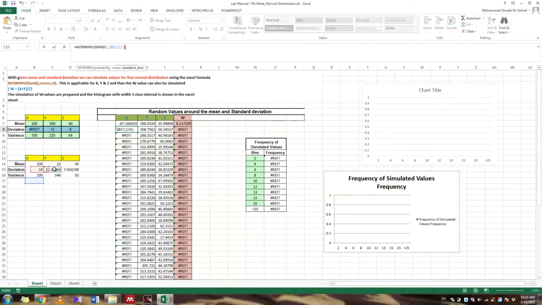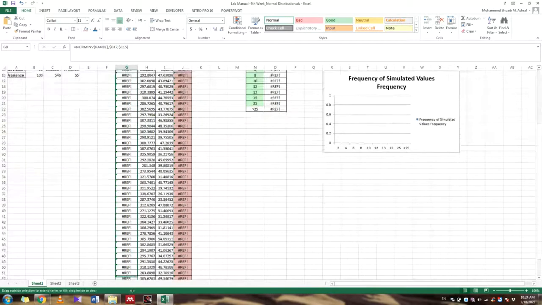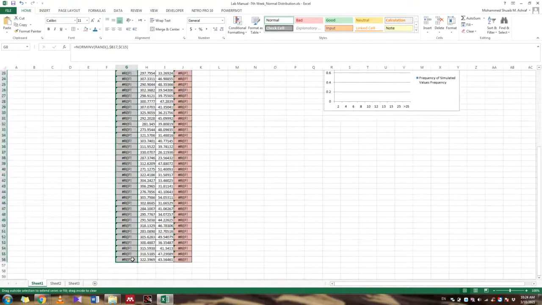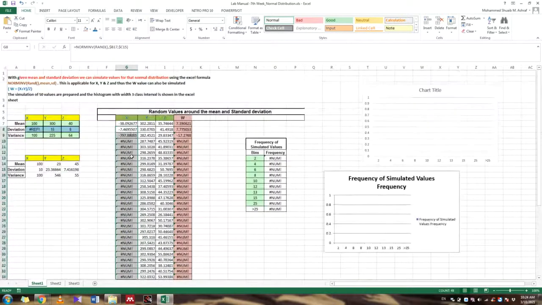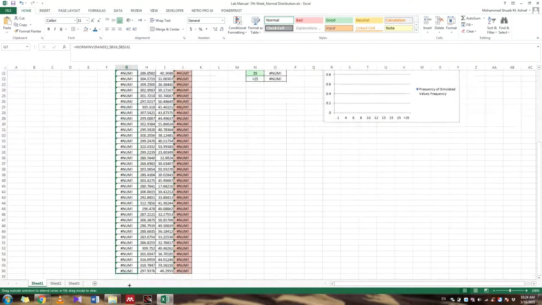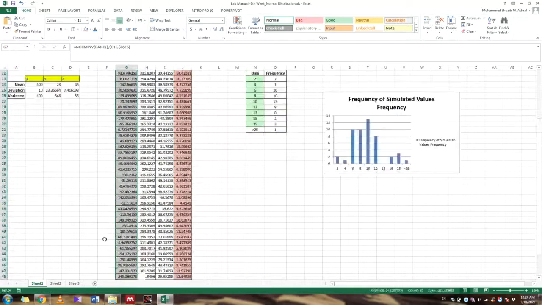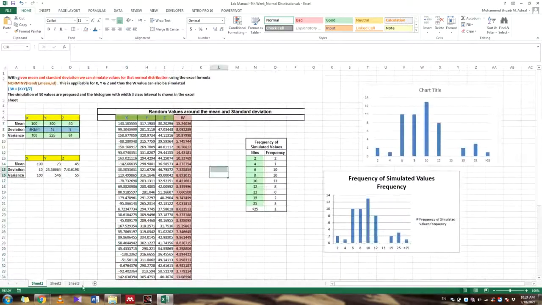This is, yes, C, this one. Yes, now it is calculated. Drag and drop here. Okay, this is the number.